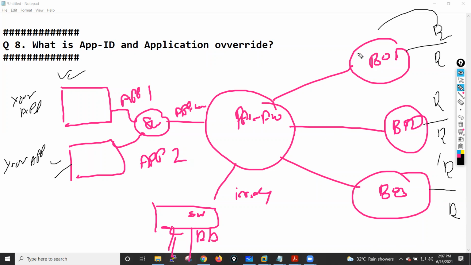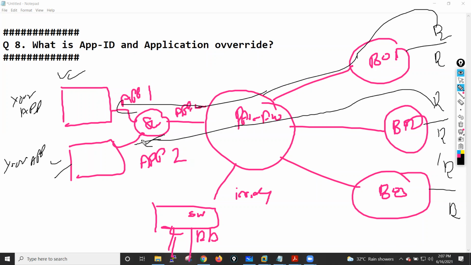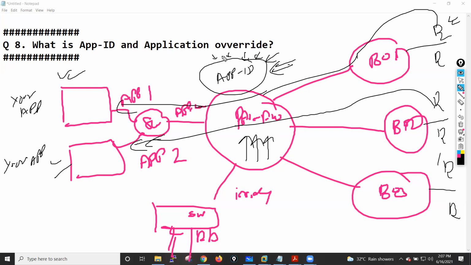So let's suppose they want to exchange application 1 or application 2. What happens when my Palo Alto firewall receives these packets? Every time it needs to send this data through the App-ID engine, right? It needs to do the application identification. But because these are your apps and these are your users, you don't require this application identification. Whenever your Palo Alto firewall forwards this data through the App-ID engine, the engine needs to process this data, so it will consume some resources and take some time for processing. But you have trust in these applications and your people, right?